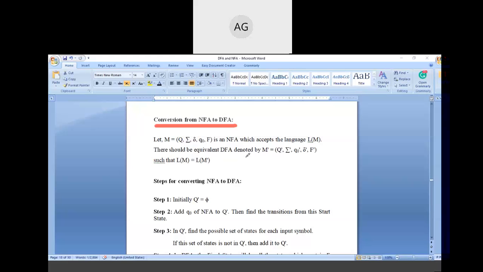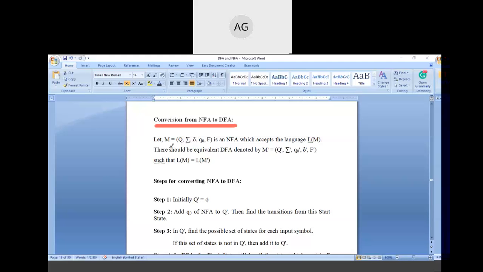Only such a type of question is asked, that NFA can be converted to DFA, but the reverse is not possible. The reverse question, the conversion from DFA to NFA, is not possible, so that type of question is never asked in your examination. But this type of question, the conversion from NFA to DFA, is a popular question and was asked in the examination many times. This type of question will carry 8 to 15 marks. So let us discuss it first.